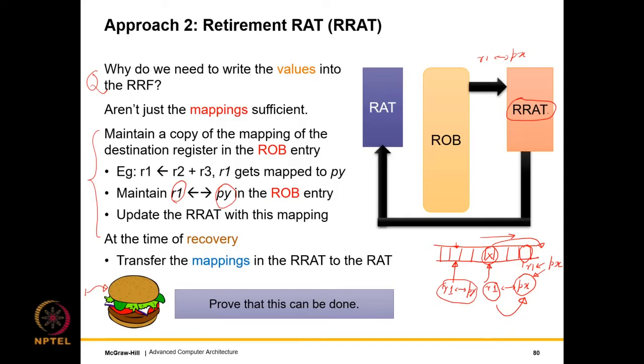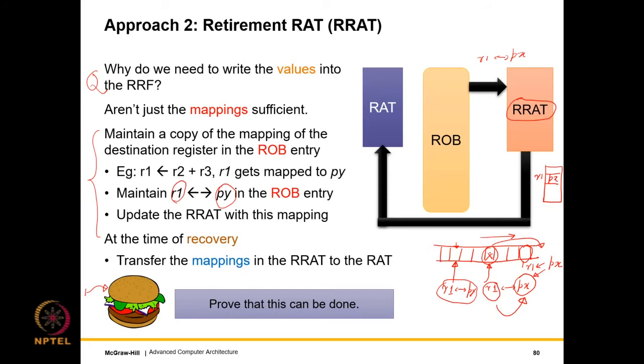register alias table, with R1 in the RAT as Px. So which basically means that from the point of view of this instruction, R1 and Px contains the latest value of R1, and since this is committing from the commit stream, from the point of view of all the committed instructions, the retired instructions, Px contains the latest value.